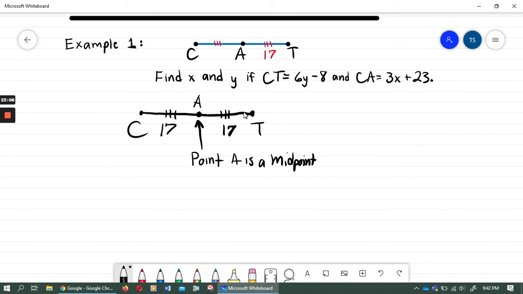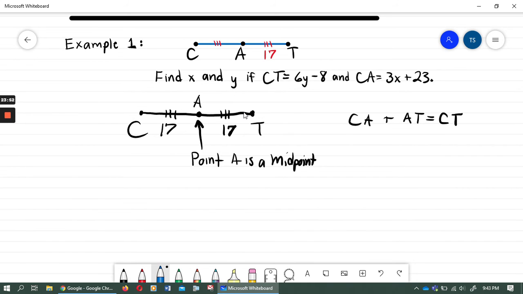Great, we know that. So if both of these congruent parts are 17, what does that mean for the whole segment? I said I would tie it into the segment addition postulate. Not that we have to write it out, but I'll erase it afterwards. If we wrote it out, the length of segment CA plus the length of segment AT is equal to the length of the whole segment CT. So the length of segment CA is clearly